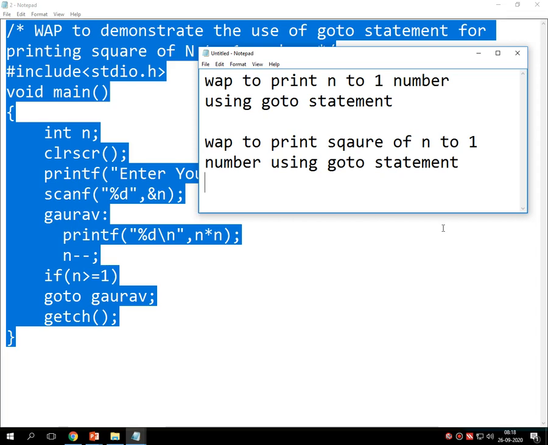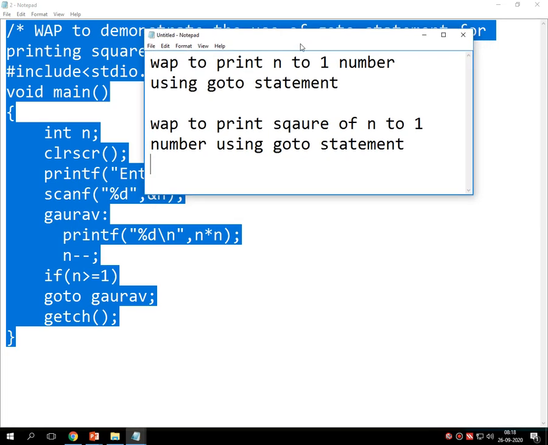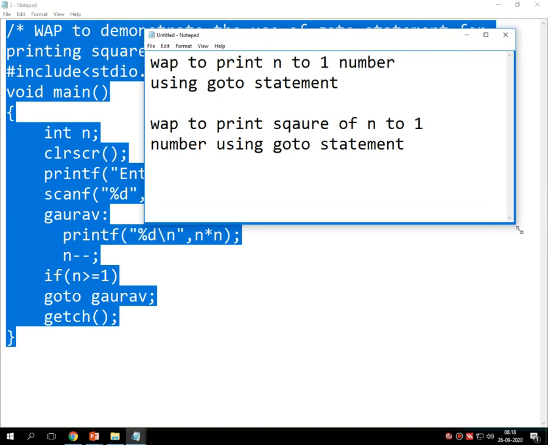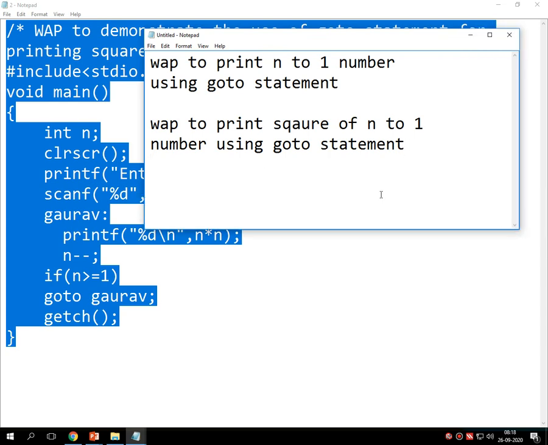Now let's have a look at program number 3, which you have to do by yourself. And for writing the code of this program, you have to refer to my past lectures, old lectures.